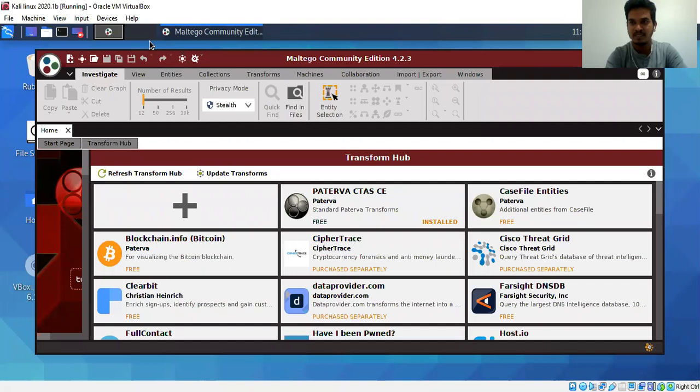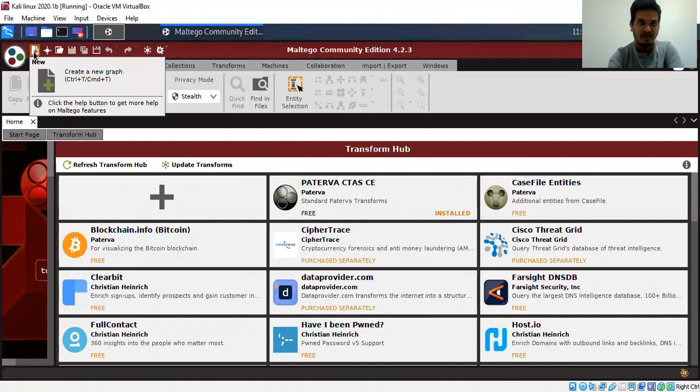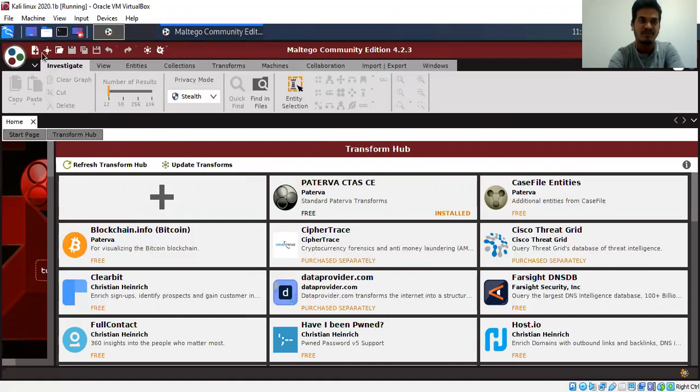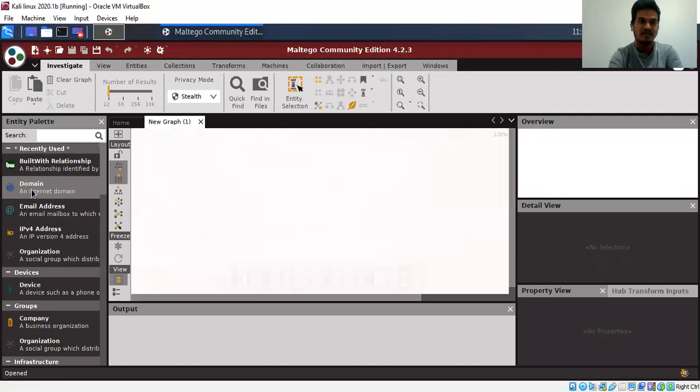Maltego is an interactive data scanning tool with direct graphing for link analysis. Maltego can also be used for information gathering from a domain, from related network domains and IP addresses. It will save our time and allow us to work more accurately. Now I am going to show you the graph, how we can gather the information from the Maltego tool.